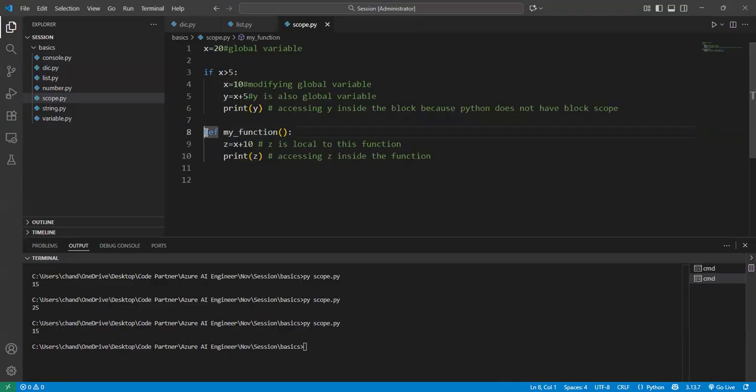Global scope and function scope. We have two scopes here: global scope and function scope. Inside the function, the value can only be accessed in the function, and if you assign the variable globally, then it can be accessed in the whole function, the whole page. Okay, these are the scope related things. Then we will talk about the